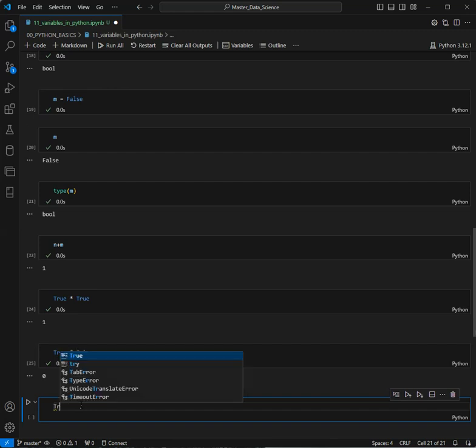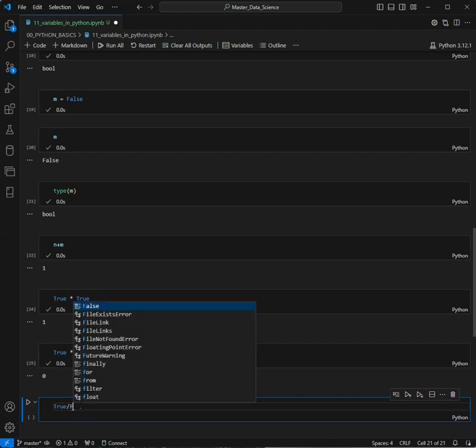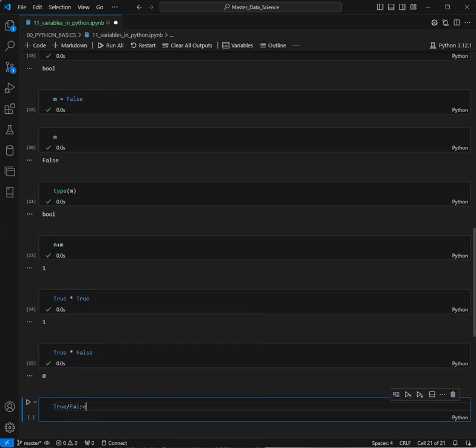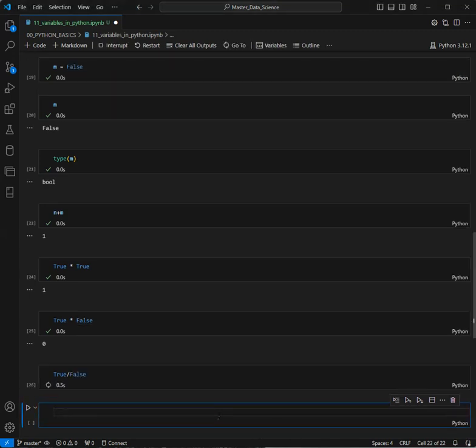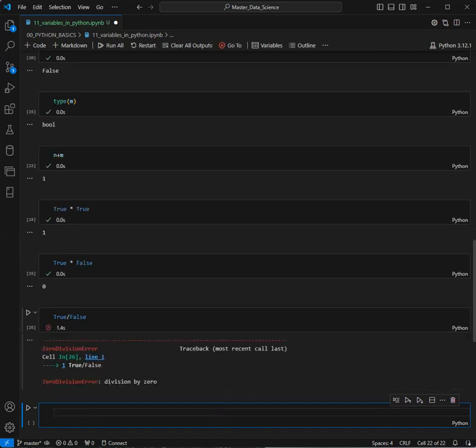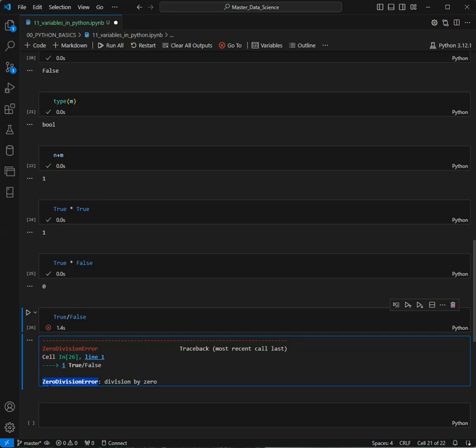Now if we try to divide true by false, what are we expected to get? We are actually dividing 1 by 0 here. So if we run it, we are going to get an error, division by 0. So this is a zero division error. Actually this is an exception which we will handle further in our exception handling video, where we will see